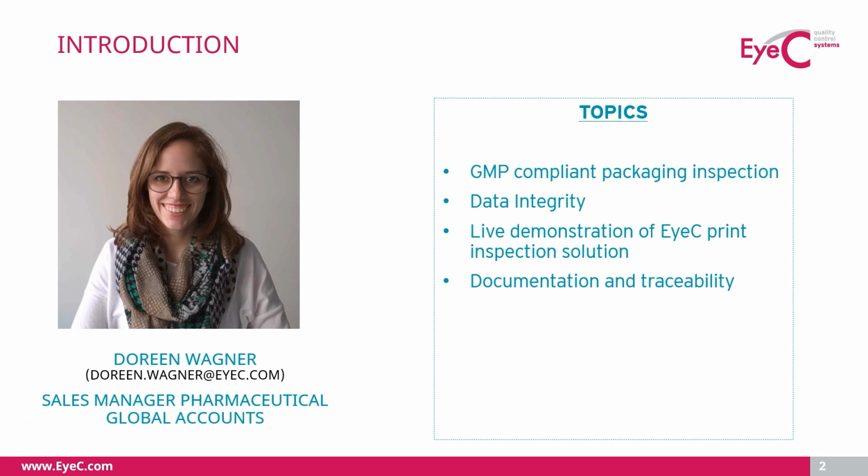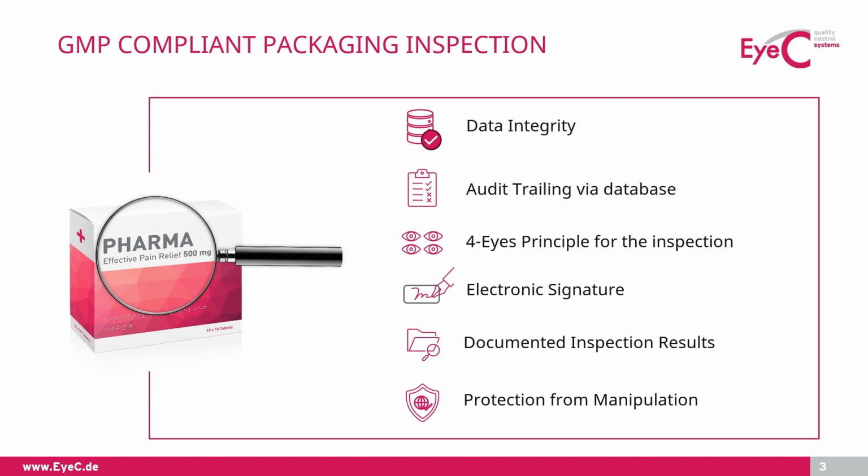So let's get into the topic. Just a quick overview, because we had this topic last time. GMP are guidelines to assure that the quality during the production process of food, cosmetics, or medical devices is safe. And GMP requires written evidence that this process led to the planned result and is according to the applicable law and the standards. So all companies that are producing food, cosmetics, or medical components have to provide the evidence of proof that the quality has been checked and meets the